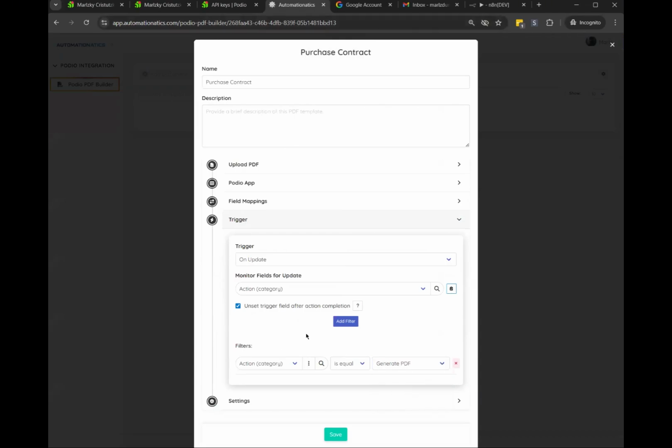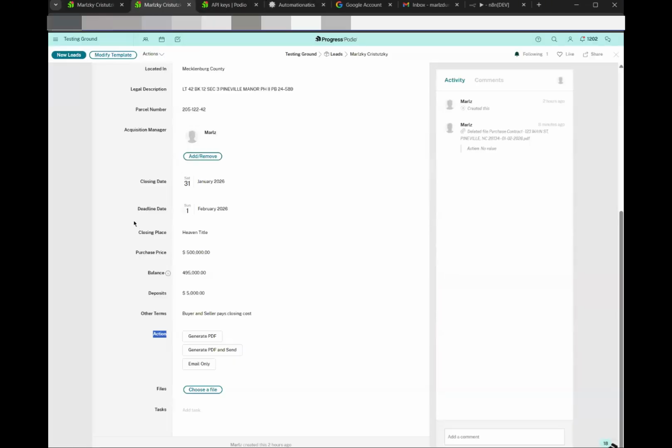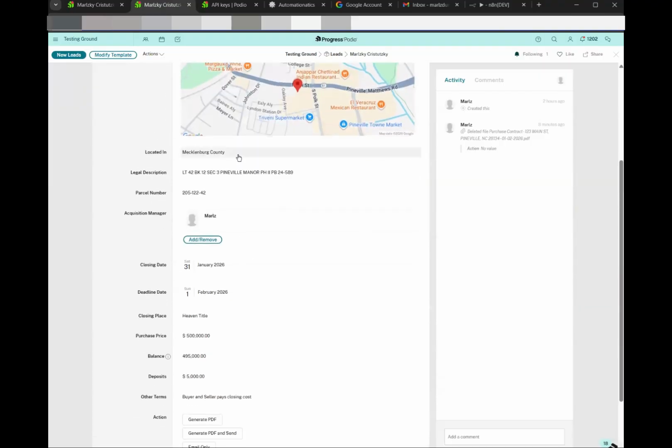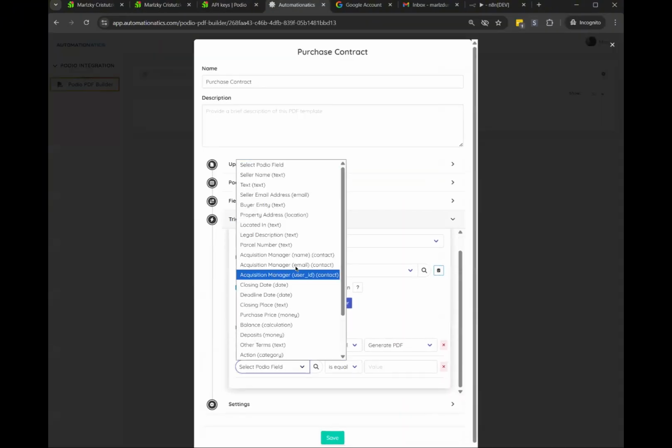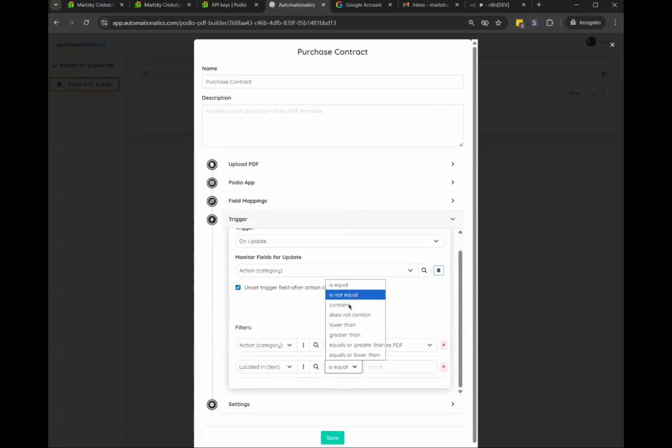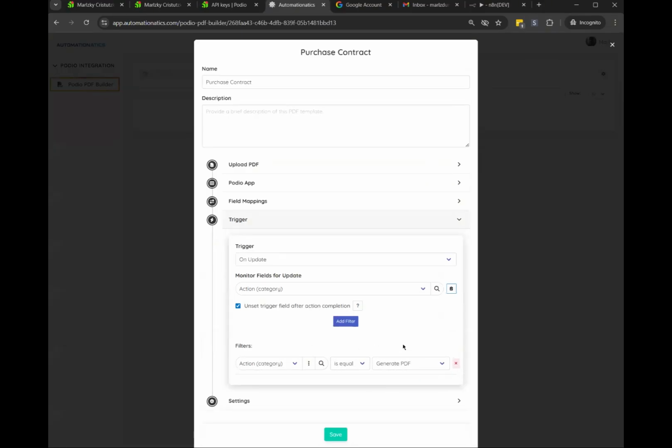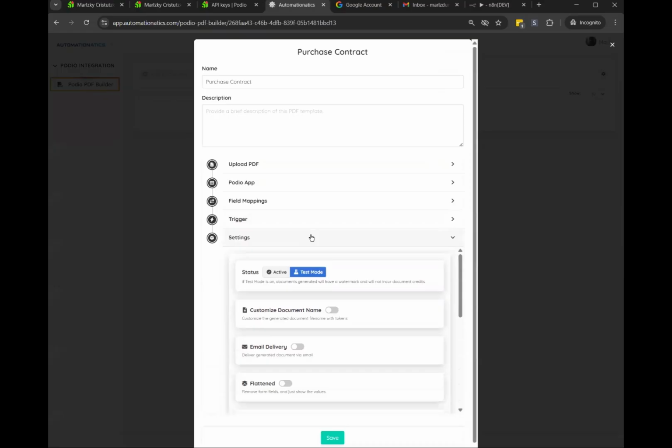And then you can also include multiple filters, it really depends on what you want. So for example, if the located in contains this text, this is the only time that the automation will trigger. So this is just an example. So for now I'll just set up one filter. So settings,